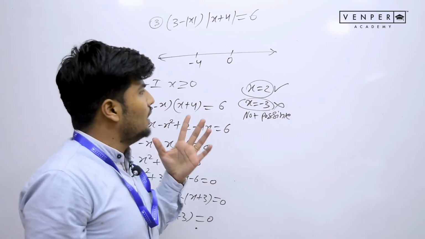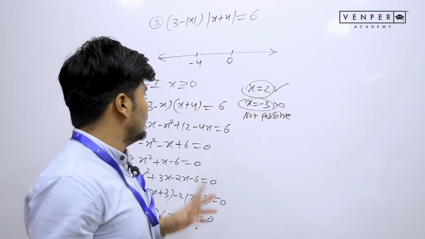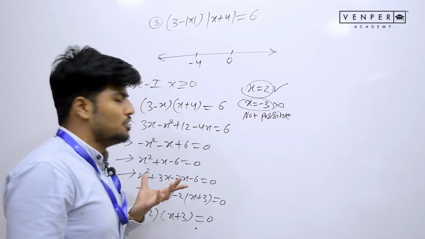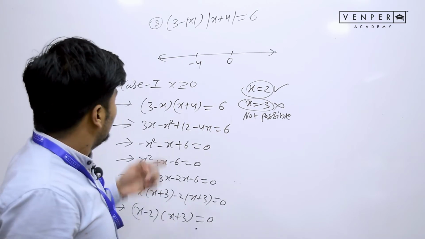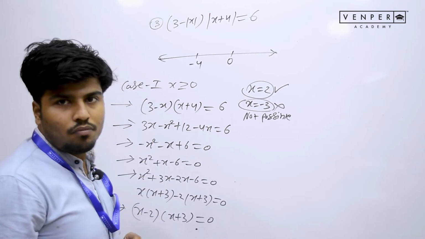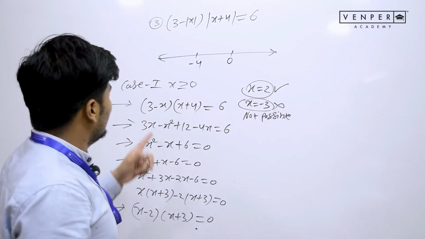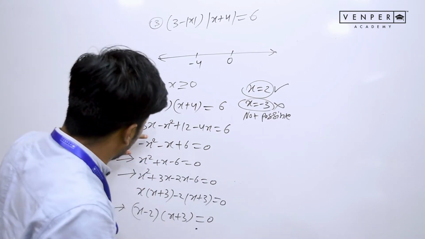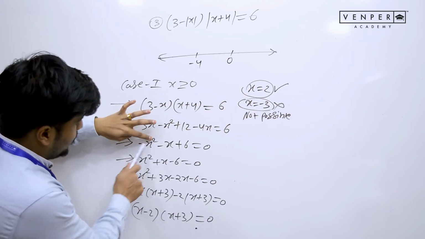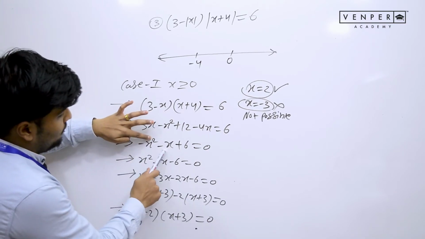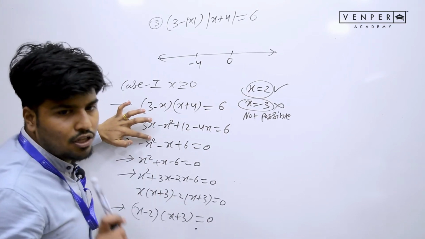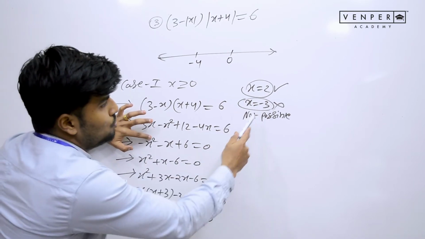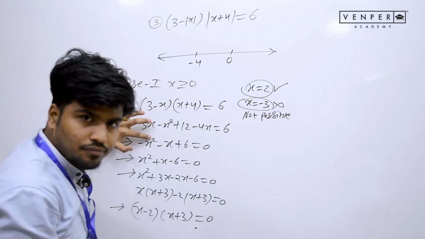This question looks a little lengthy. But what I am telling you is, if you want to do it in the shortest possible time in the examination, don't do this many steps. If you have done enough practice, you don't have to write this much. Just by looking at this quadratic equation, if you have done enough practice of factorizing quadratic equations, from this step you can directly go to this step and get these two values. One you can reject and one you can select.